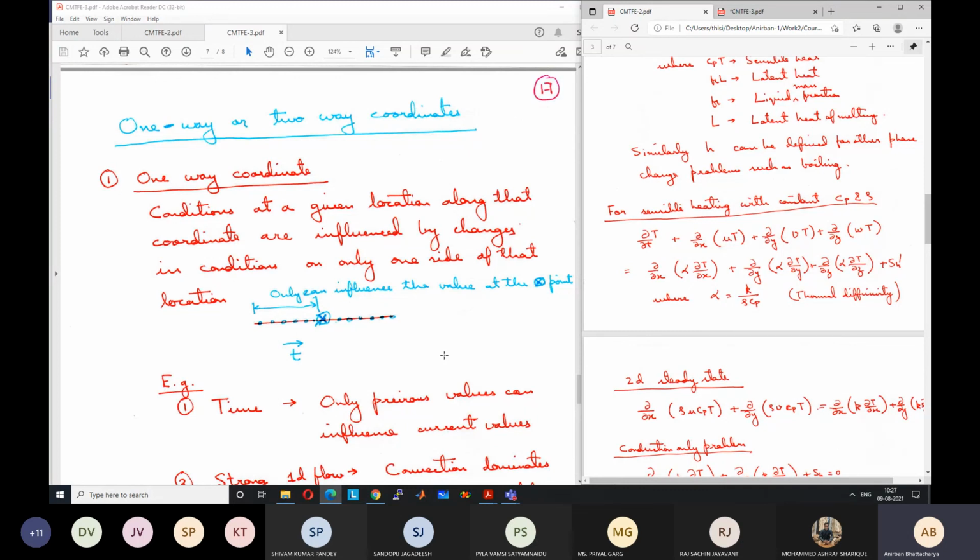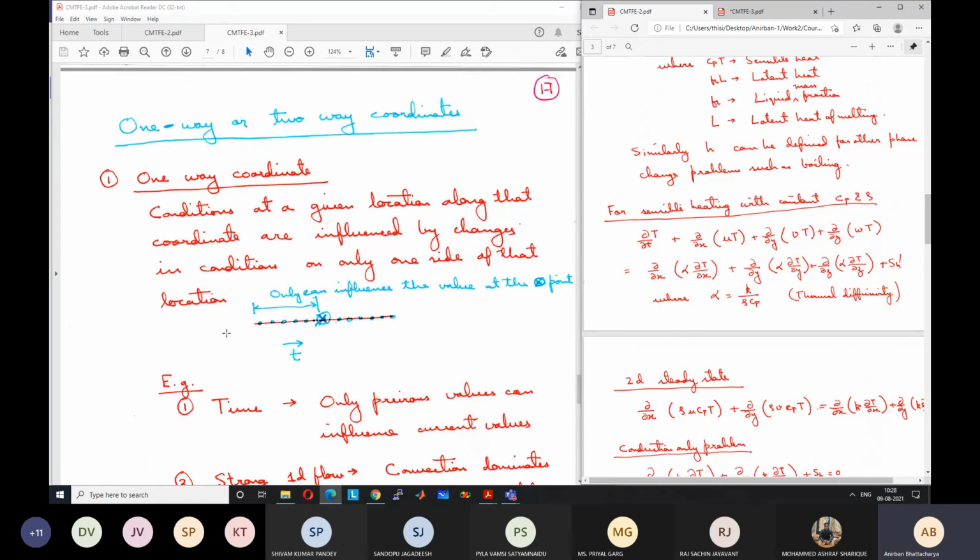It is very obvious for us because in our day-to-day life we know that time is a one-way coordinate. We never put a thought into why it cannot flow in the other direction. This is how physics works. But whenever there is a time coordinate, our solution becomes much easier. Why does it become much easier? Because we know that the value at a point can only be influenced by the previous points, and so just the previous point value is needed. If you are dividing the time direction into small steps of delta t, the previous point value has itself been influenced by all the earlier points.